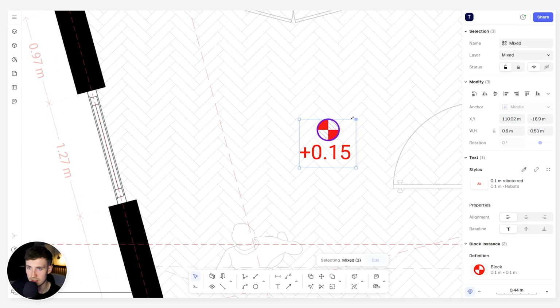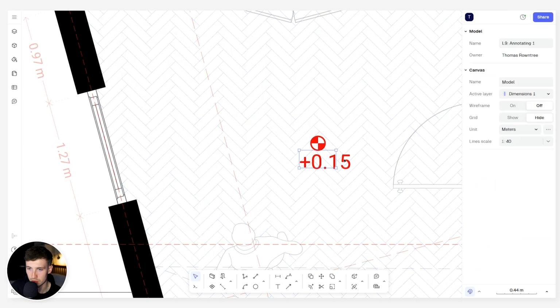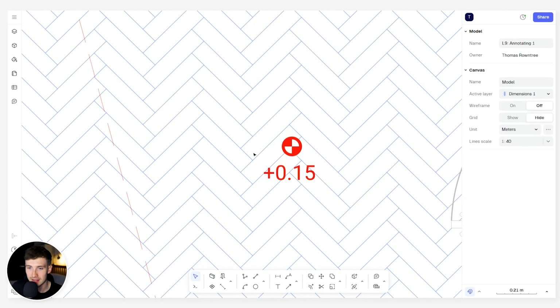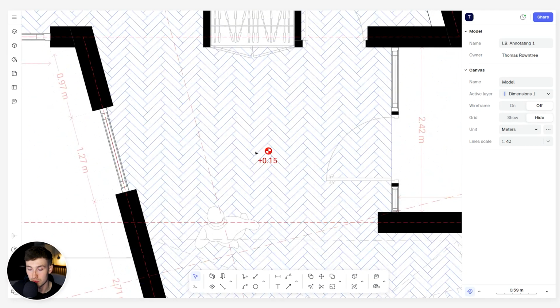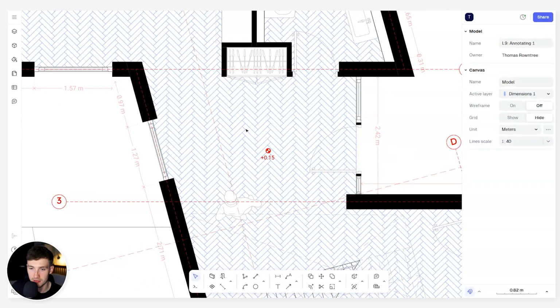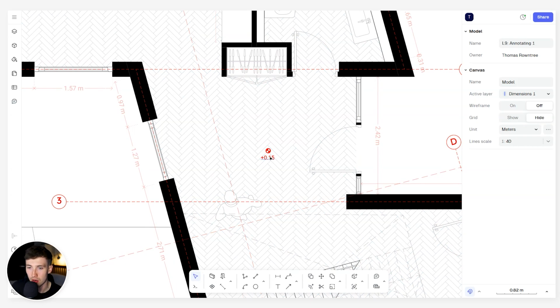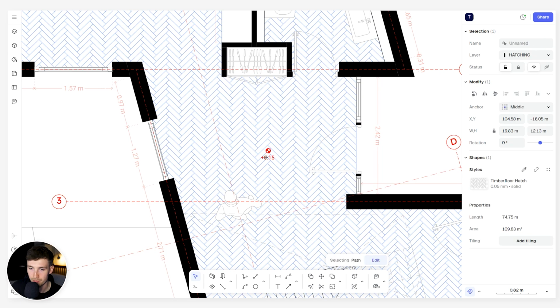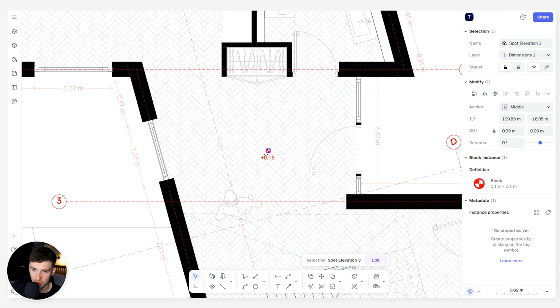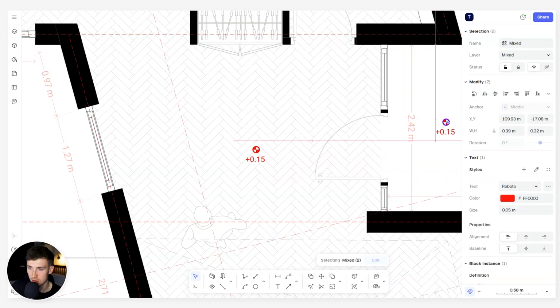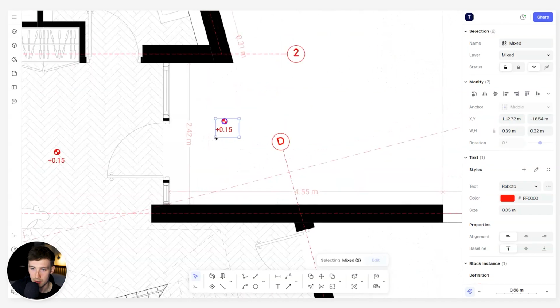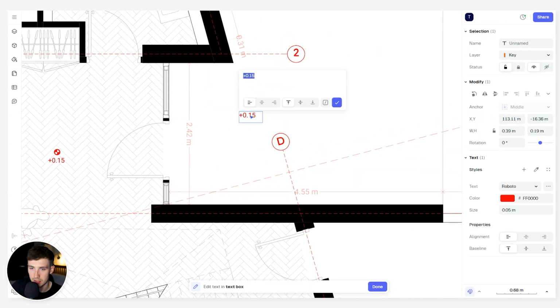And now we can scale this down a bit because we don't want it too prominent in the drawing. And we're going to indicate that this is actually plus 0.15. So we're going to suggest that maybe we have a finished floor of a 15mm build up, which would indicate then that we have an outdoor area like so. Copy and paste this over, and maybe this outside is going to be